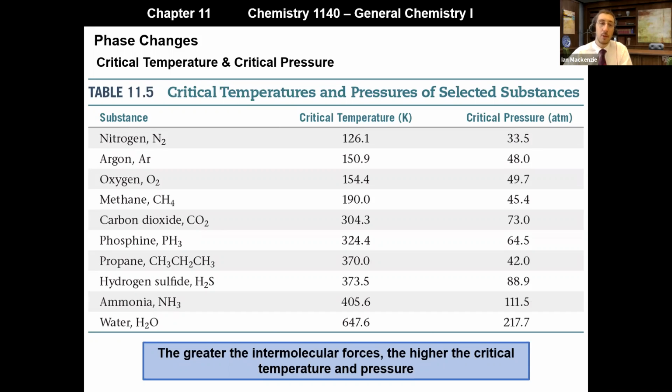However, as we increase and get more intermolecular attractions, hydrogen sulfide here would have some dipole-dipole interactions, all the way up to water, which has dipole-dipole and hydrogen bonding. We see we have a much higher critical temperature and